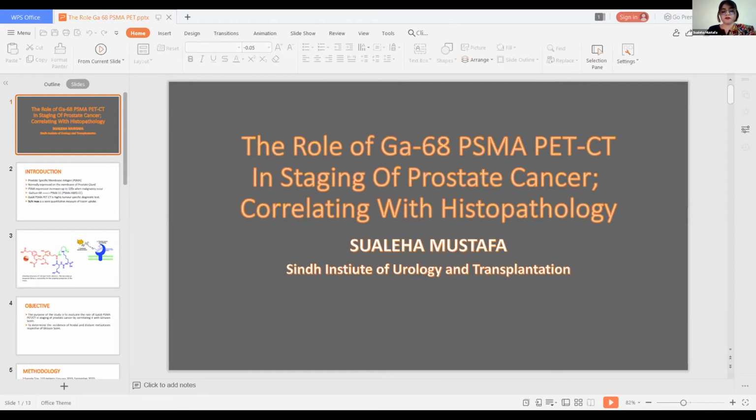How do we quantify our test? We use the SUV, standard uptake value, and it tells us how much of this radiopharmaceutical is uptaken by the patient's body. So this is a structure of gallium-68 PSMA-11, and as we can see, this blue part, this is what is responsible, and this